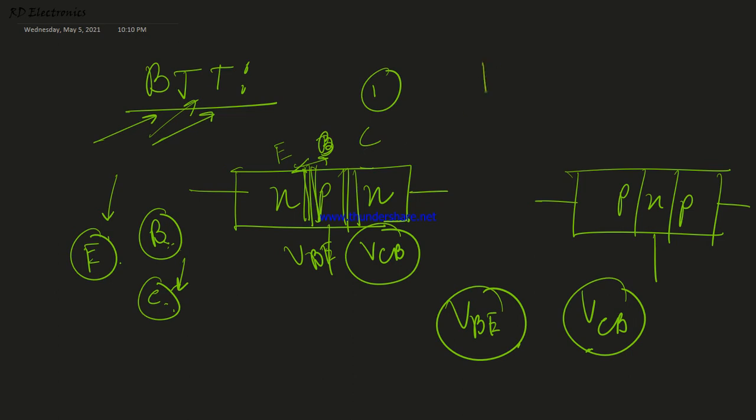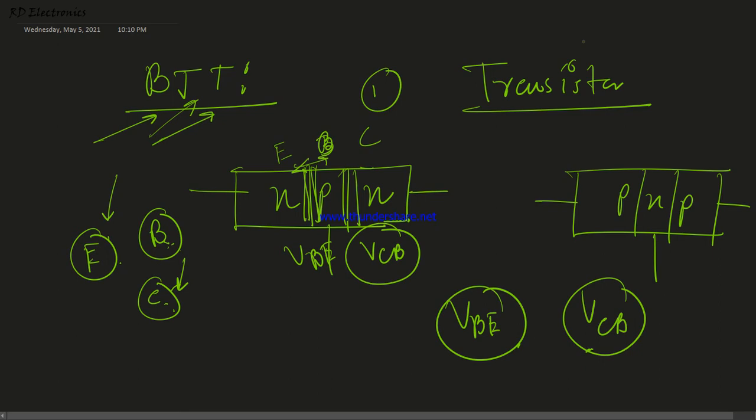And what is the meaning of transistor? This is very important. Students, please take a note about this. What is the meaning of transistor? Transistor means transfer plus resistance. That means the transistor is used as a two-port network. In a later session we will discuss what a two-port network is. First of all, it should be noted that the transistor is a two-port device, and in the input port